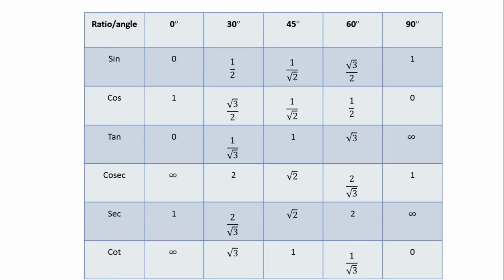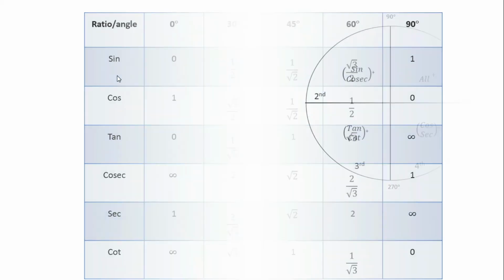To understand this, we can see the table over here. If you follow the table, we can see sine 30 equals cos 60. 30 and 60 are complementary angles, meaning 30 equals 90 minus 60. So both are equal, meaning sine will change into cos. Similarly for tan and cot, there 30 and 60 are equal. For cosec and sec, there too 30 and 60 are equal, meaning the complementary angles of these ratios are equal, so they will change into each other.